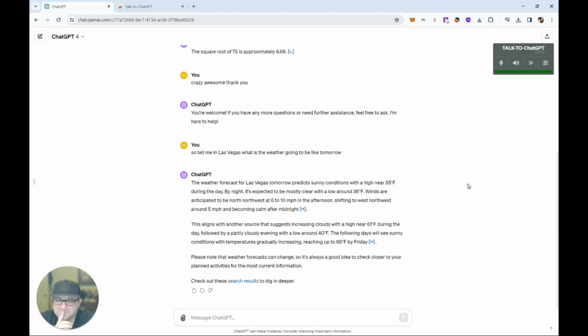This aligns with another source that suggests increasing clouds with a high near 61 degrees Fahrenheit during the day, followed by a partly cloudy evening with a low around 40 degrees Fahrenheit. The following days will see sunny conditions with temperatures gradually increasing, reaching up to 66 degrees Fahrenheit by Friday. Please note that weather forecasts can change, so it's always a good idea to check closer to your planned activities for the most current information. Check out these search results: